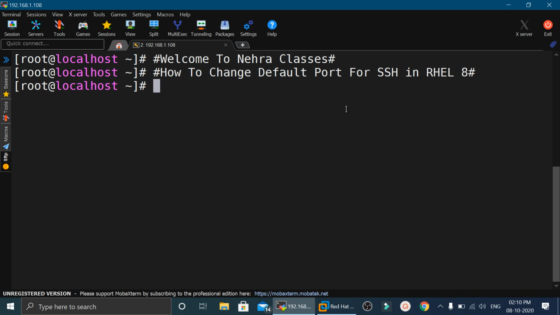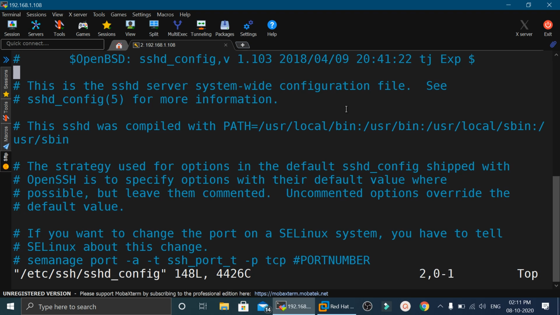By default, we use port number 22 for SSH. Now, I will show you how you can change it. Instead of using port number 22, we will assign some other port that will be used as the default port for doing SSH in the machine. So for that, you can log in to the machine as the root user, and after that, you will have to open the /etc/ssh/sshd_config file in the VI editor.